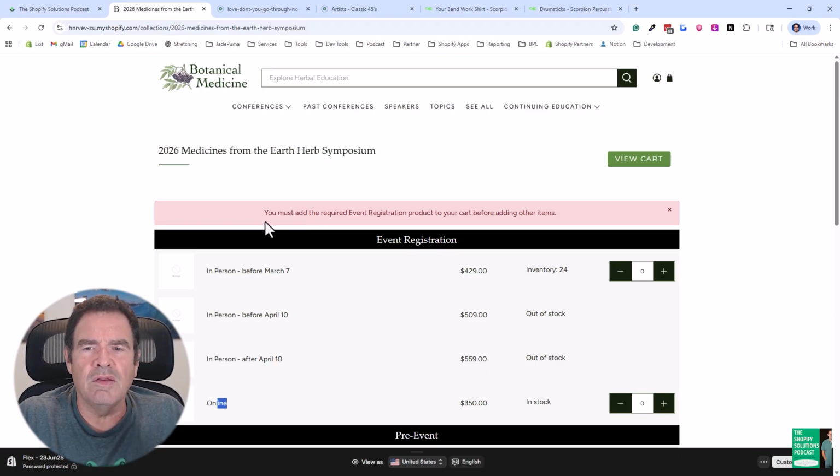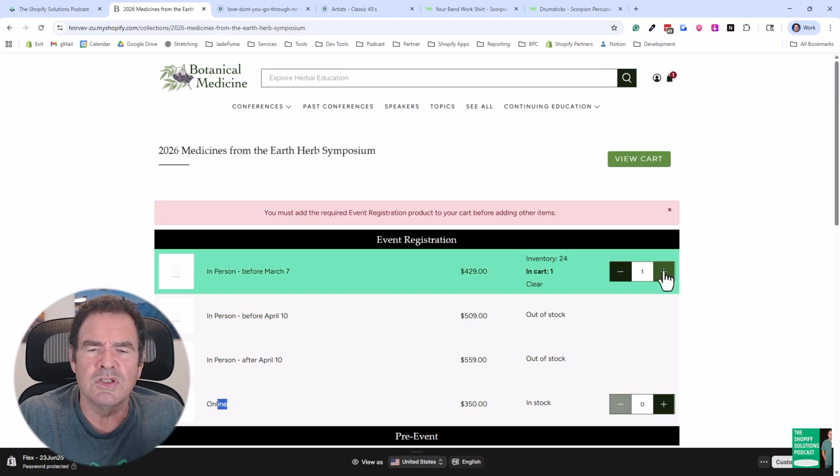And we always try to do that when we're doing customizations. We try to give as much power to store staff to edit things as possible without having it hard-coded in the code and require us, the developers, to go back and open it up if they wanted to change some wording. But now if I go in and I select my online or my in-person event registration, this quick order